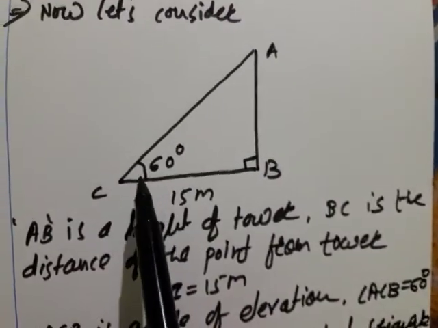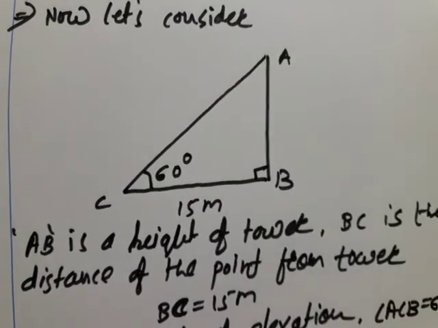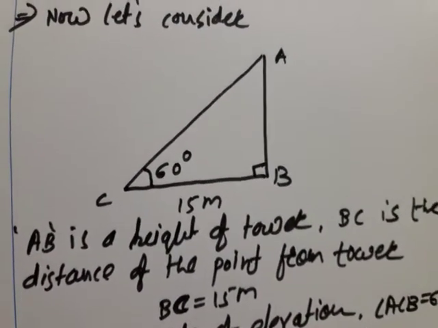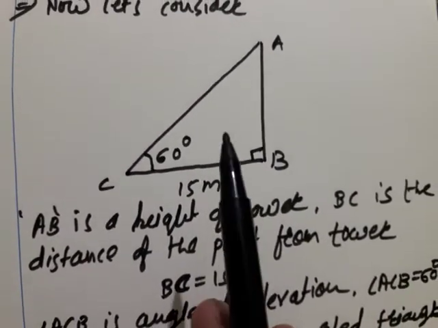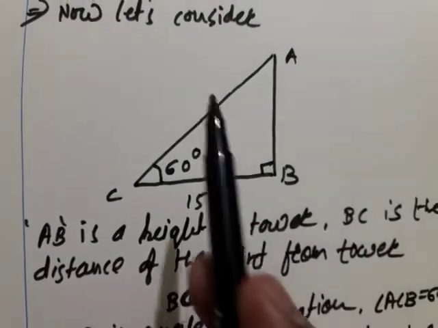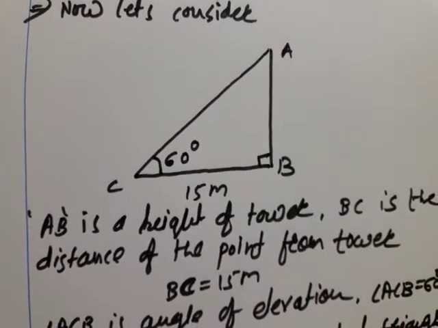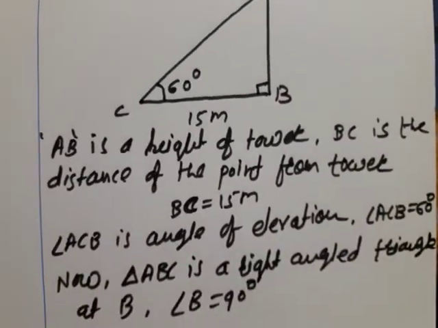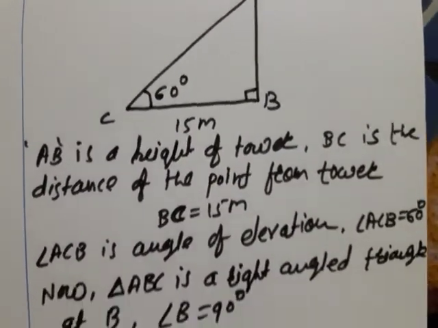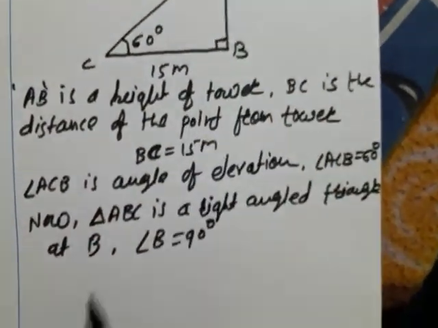Okay, now look here. We have considered angle C. Its adjacent side is given. We want to find out what? Opposite side. Means here you can use the tan ratio. Otherwise, look here, adjacent side is given, and suppose we want to find out first of all the hypotenuse, then also you can find first the hypotenuse, and by using Pythagoras you can find the AB side. Do you understand? You can use it like that also. But this tan ratio is very simple and it will be short and very simple for us. That's why we will use here the tan ratio, opposite side divided by adjacent side.